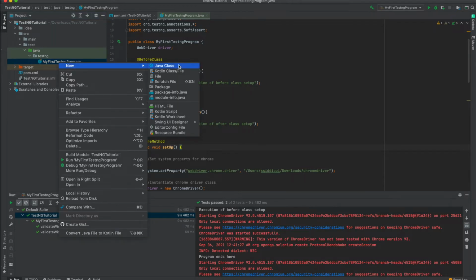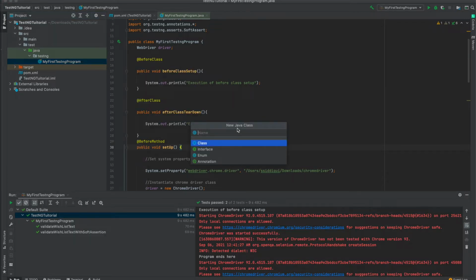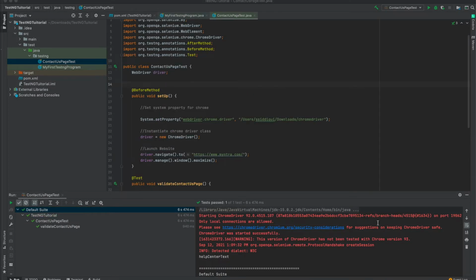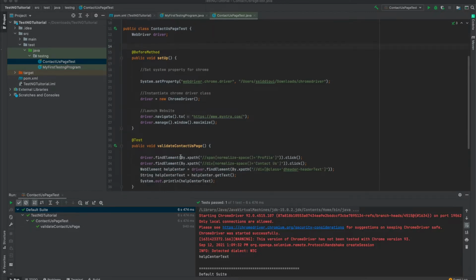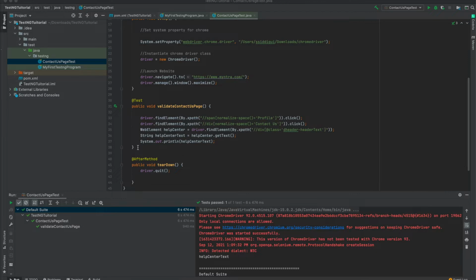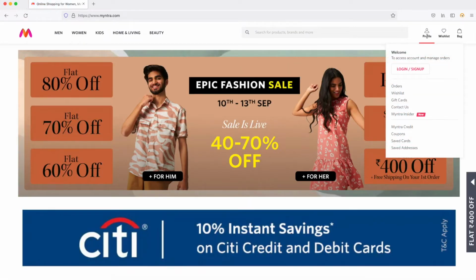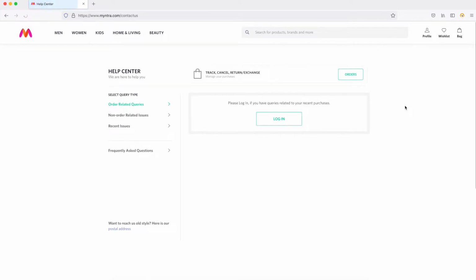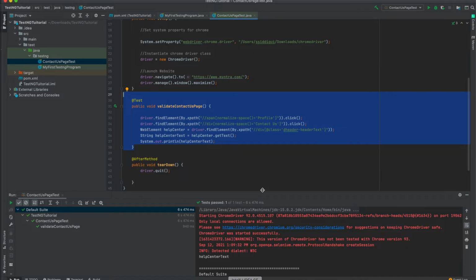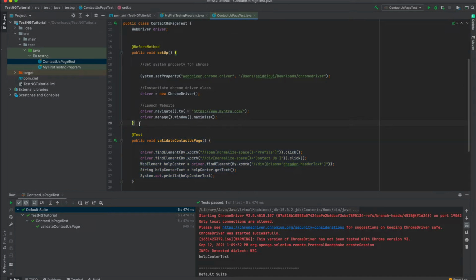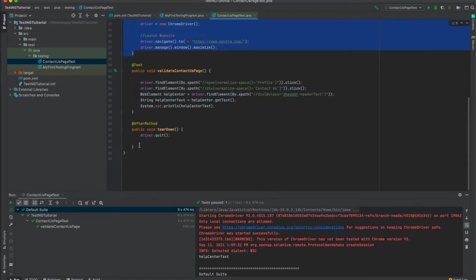So let us create a Java class and name it. So now for the sake of creating a TestNG XML, I have created one more test case. I created Contact Us Page Test, and in that Java class I have created one test which is just going on profile, and after going on profile it is clicking on Contact Us and opening this page. So if you go and see, this is the before setup method, and this is the after setup method,